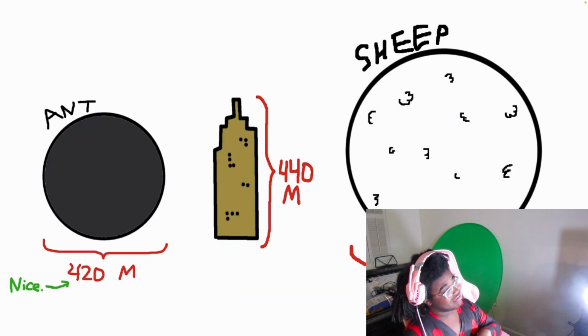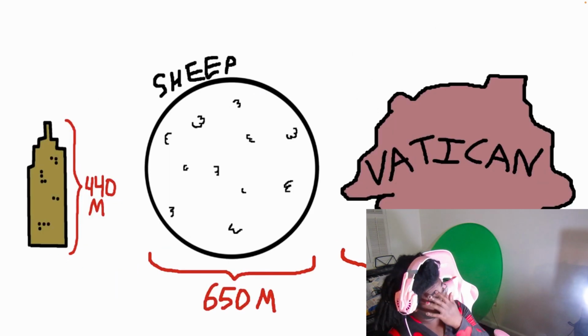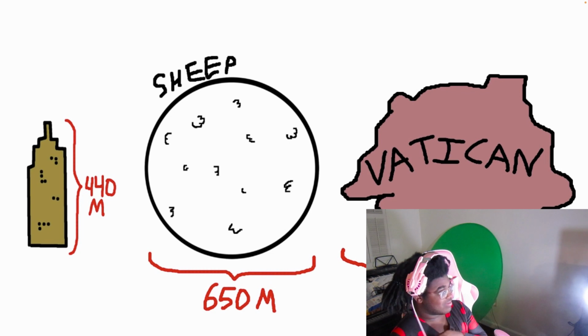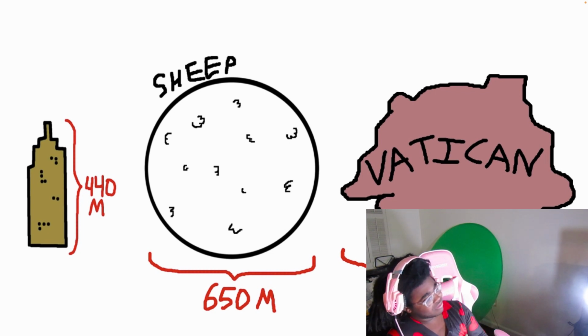Next up is the Sheep Sphere, which got up to 650. Close to that is the Vatican City, which is 663 meters across. That means the Vatican is